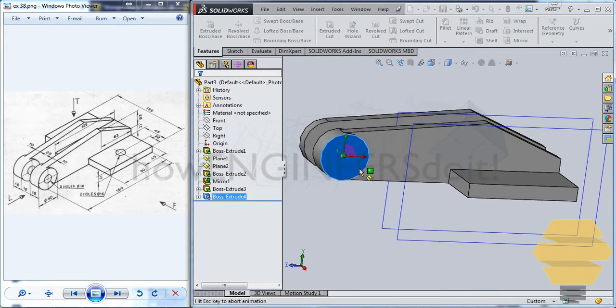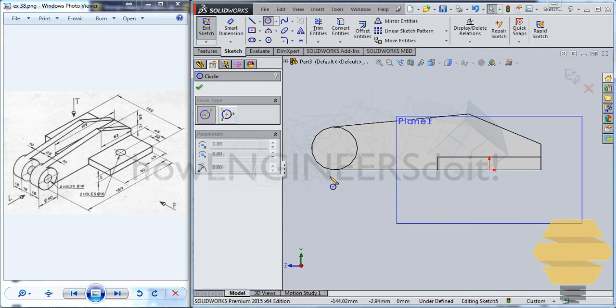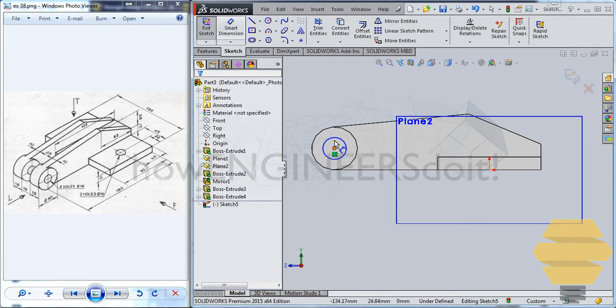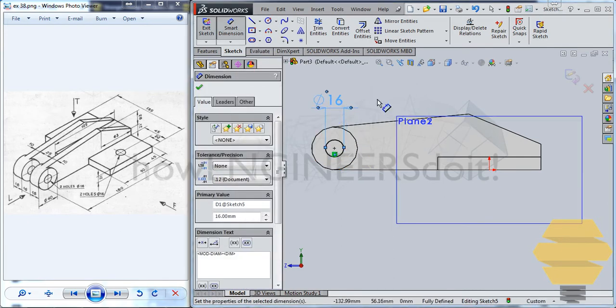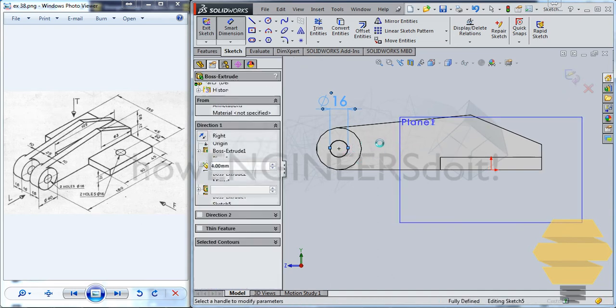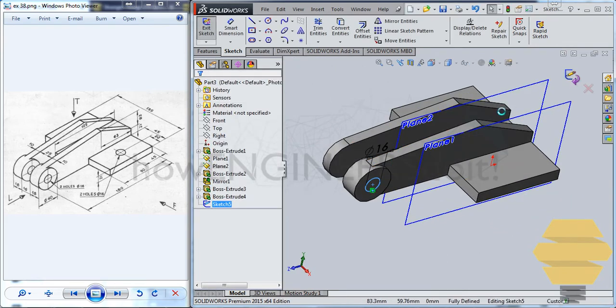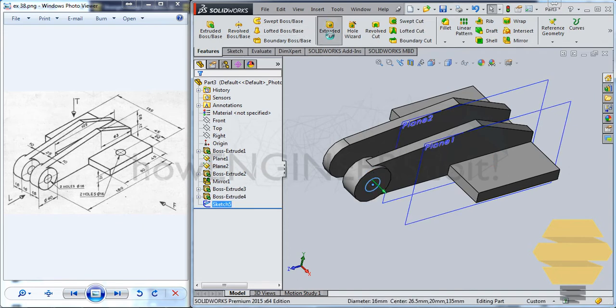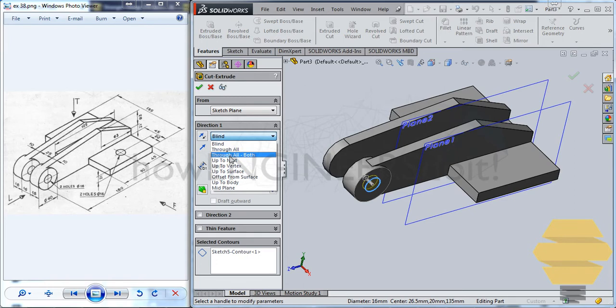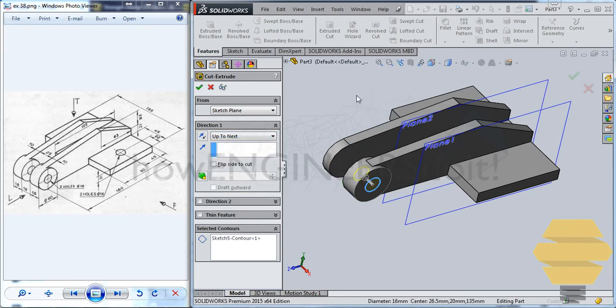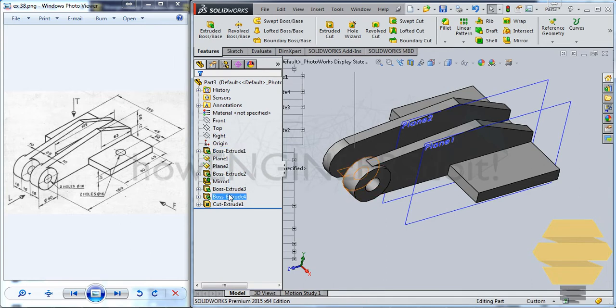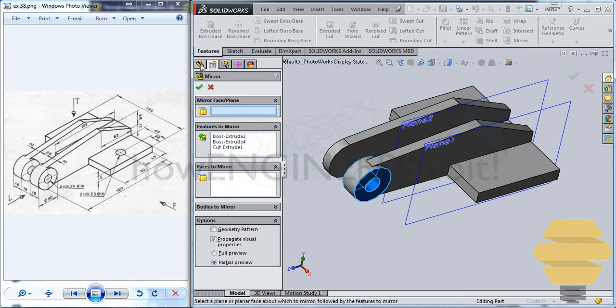Now what you can do is again select this face and create another circle of diameter 16. Exit the sketch again, and now you can simply exit the sketch and you can simply go for extruded cut up to next, tick mark, and that'll confirm that. And finally we can select 1 and 2 and this, and you can go for mirror, and now you can select